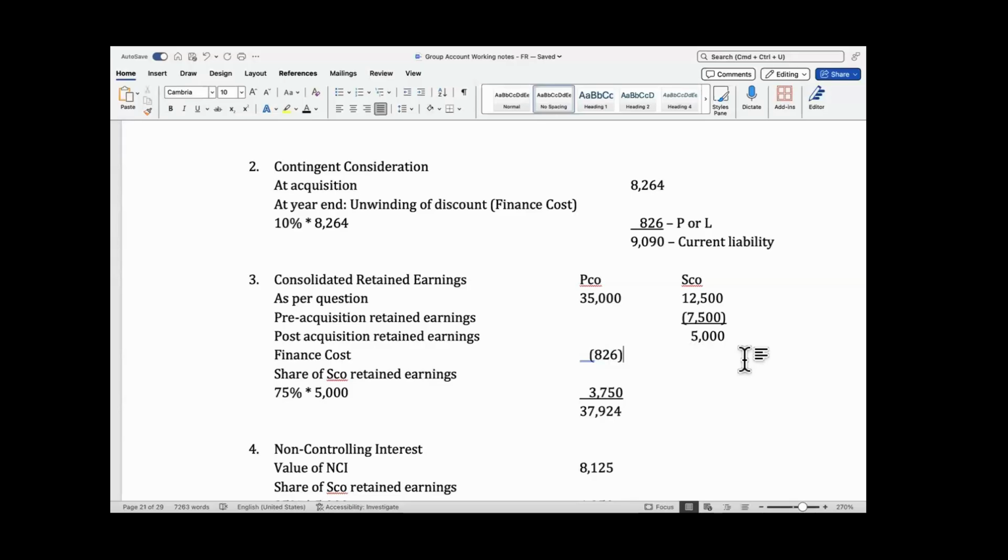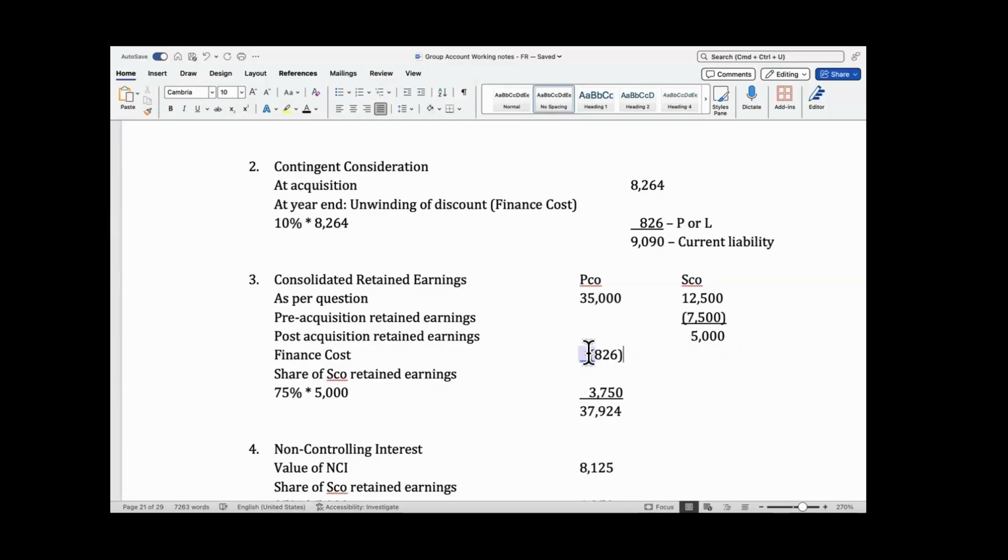This is a liability of the parent. It is the parent that promised to pay. So however you measure NCI has no business with that. The finance cost is an expense of the parent. And secondly,